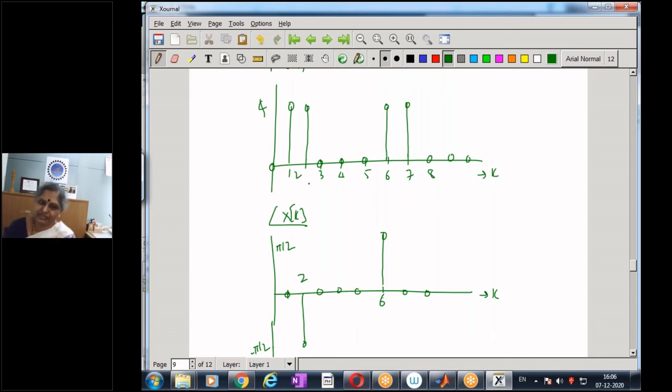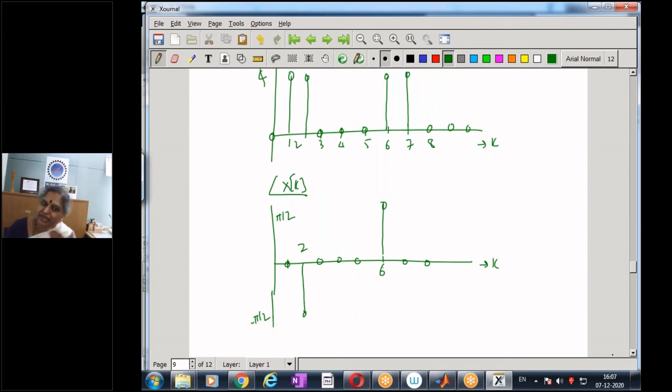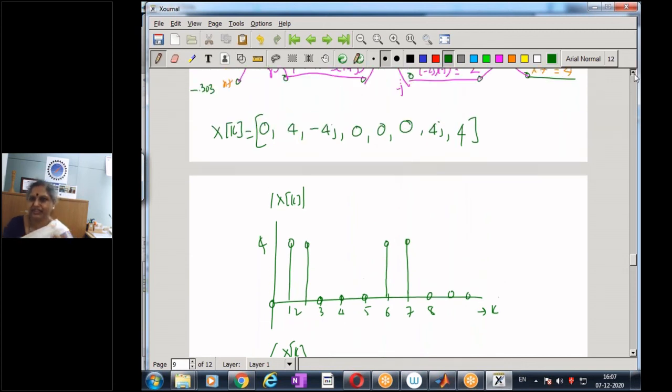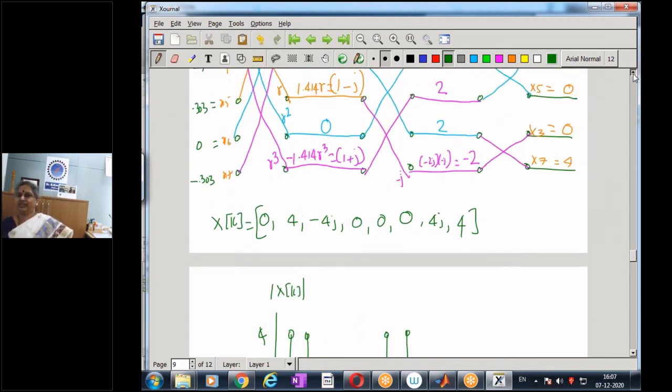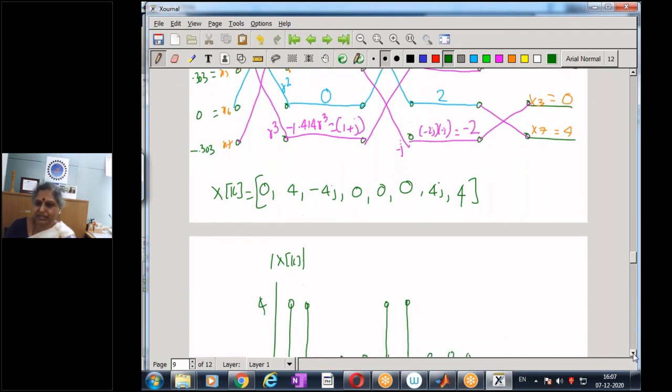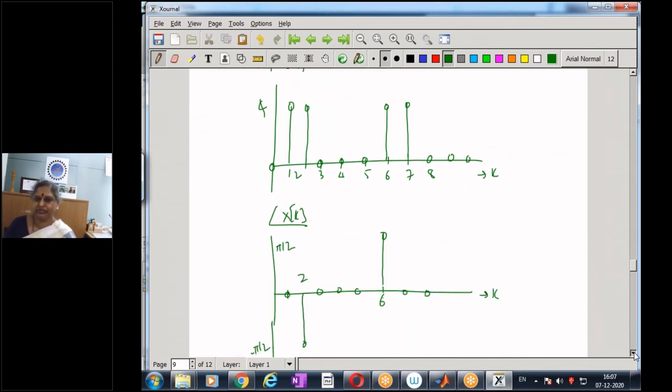So what does it say? By looking at the magnitude and phase spectrum, I recognize that I have a cosine signal of one frequency and a sine signal of frequency 2, because the sine signal is delayed from the cosine by 90 degrees. So that is what we get. We already knew this result, but when we did the DFT, we get the same result. So this only shows that we can compute the spectrum from the DFT, and this is a known result. And this is another method of computing the DFT by using the DIF FFT algorithm.